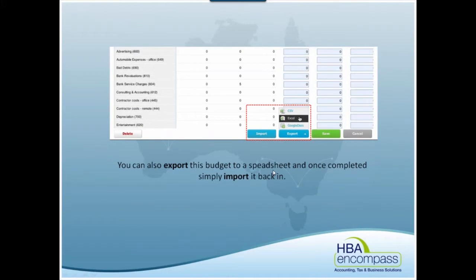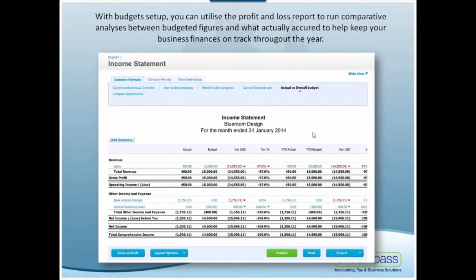And you can export it to a spreadsheet, play with it to your heart's content, and import it back in if you prefer to work in a spreadsheet rather than working in the budget system. So the same logic as with everything else, export to Excel, save it as a CSV, import it. So once you've actually got budgets in there, you can look at comparative balances between what your budget is and what you said you were going to do, which is good for an accountability